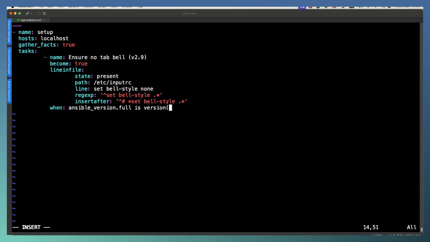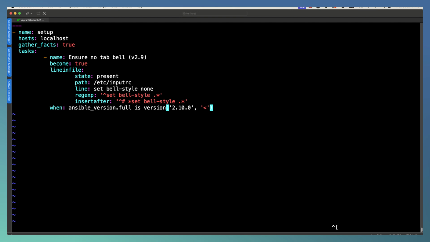So, for example, 2.9 as a number technically is greater than 2.10, because it doesn't see it as 2.10, it sees it as 2.1. So we do need to rely on the version function, and we can specify as a string 2.10.0, being less than that. Remember, we're working for 2.9 here, so we want a lower version than 2.10. We can then close off our parentheses, and we're just about done on this task.